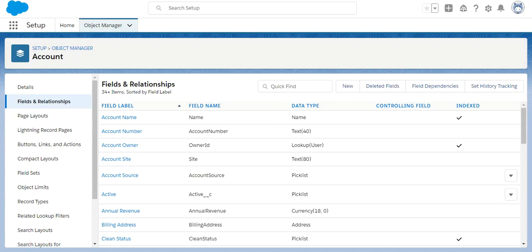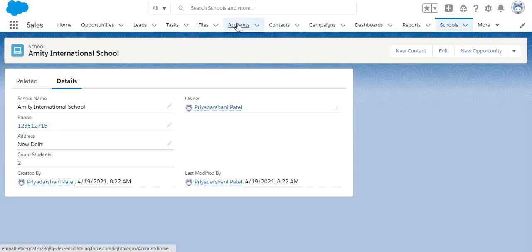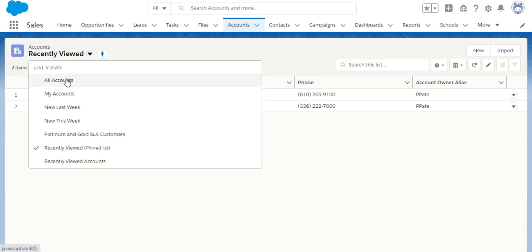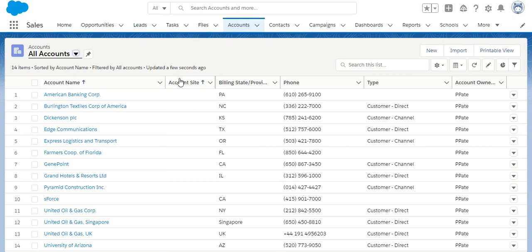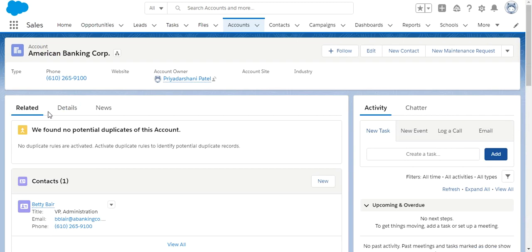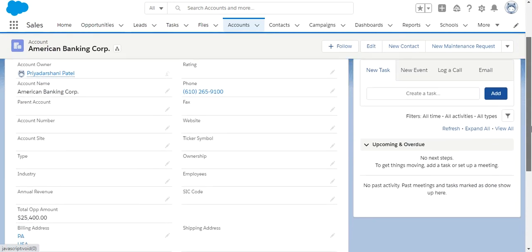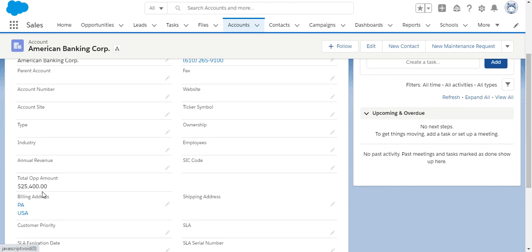Now let's go to the account object. Okay, so all accounts, and just select a record and go to the detail page. Search for our field total opportunity amount. So you can see the amount over here.